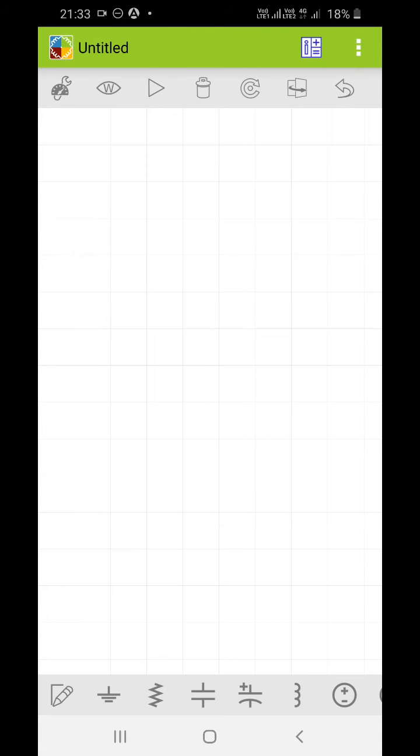Good morning, students. Now we are going to see the fourth practical of your simulation lab 1, that is KCL KVL of a circuit. We are going to prove KCL KVL for a circuit, and in this I am going to take a circuit of 3 loops, and in it we are going to find the node voltages and loop currents. You know that you can find out node voltages using nodal analysis, and you can find out loop currents